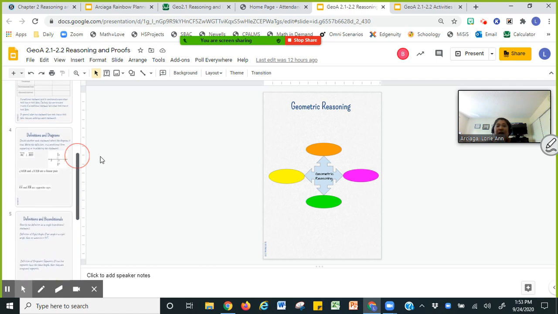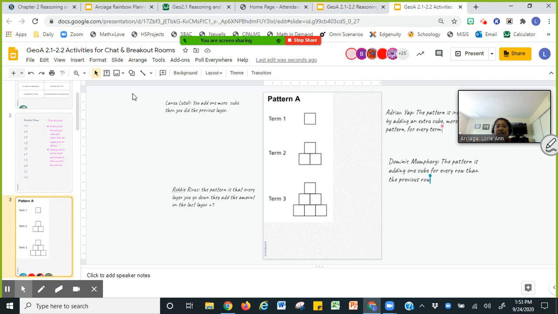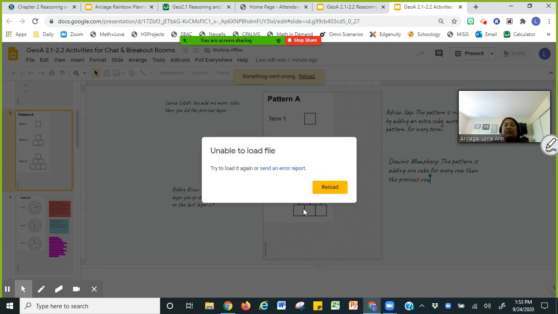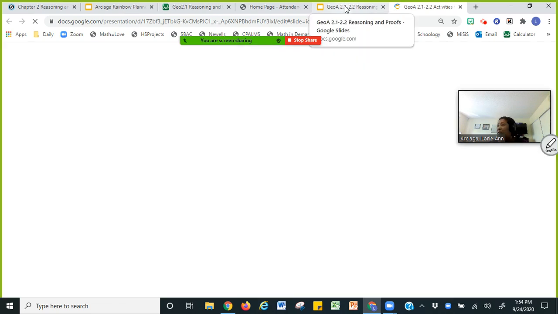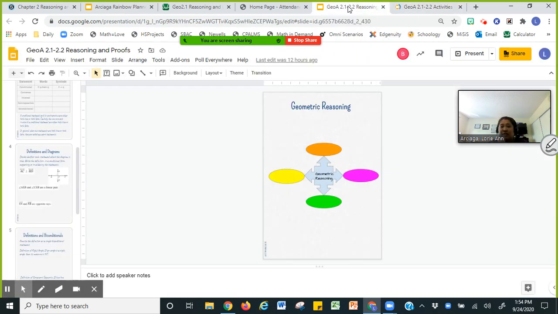Okay, so later on you will have a chance to do some gallery walk, just browse through the slides, and if you see something that the original team members did not write about, then maybe you can add that as a comment. Okay, all right. Now my system is just slowing down. It says unable to load file. Okay, so